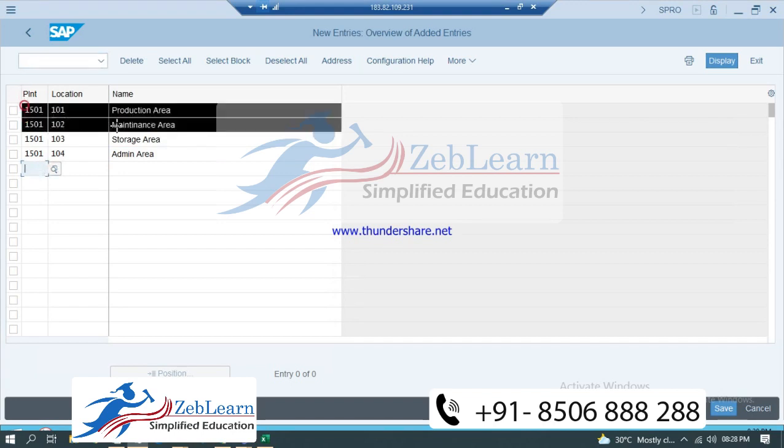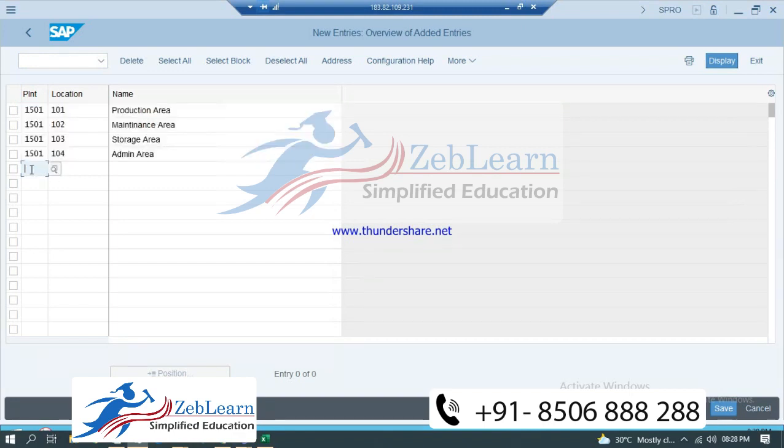So what I'll do, I'll try to copy this, and I'll paste here. Okay, now I'll change 1501 to 1502. For copying, as you have seen that I copied something, you cannot copy simply in SAP by clicking Ctrl C. You can't do it like that. So for copying anything, first you need to, 201, 202, 203 and 204.